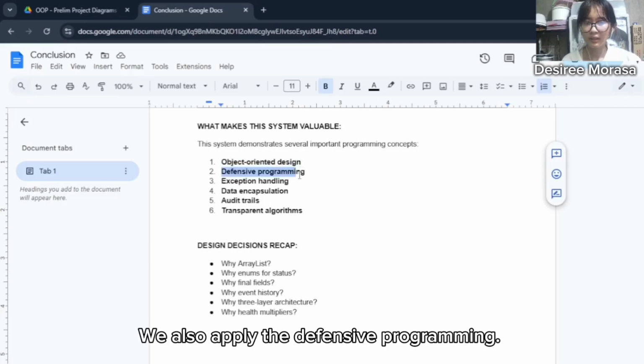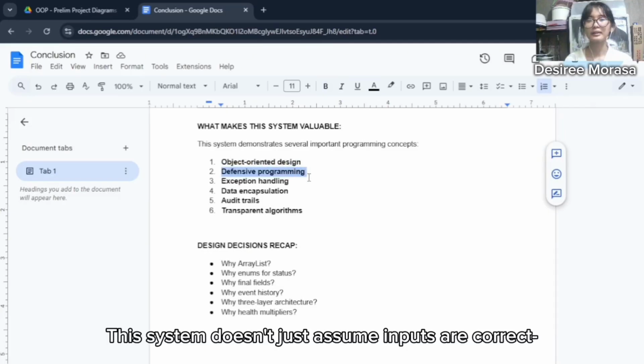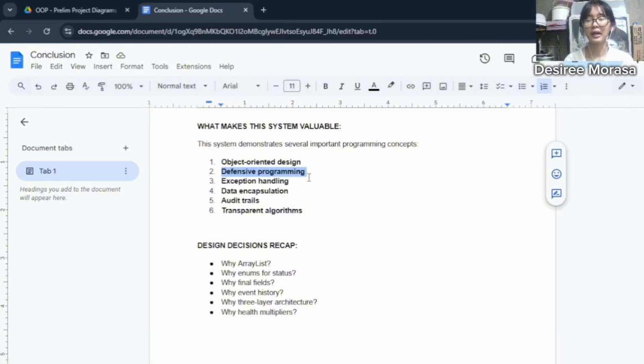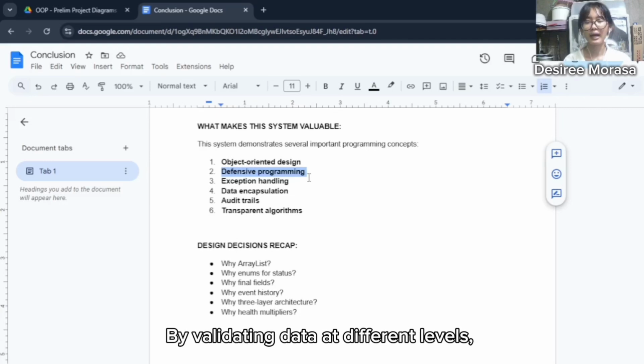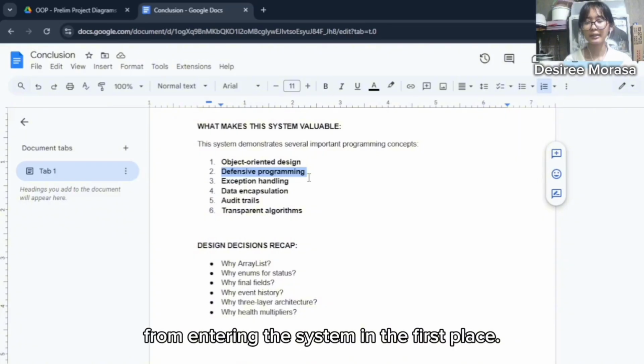We also apply defensive programming, and this system doesn't just assume inputs are correct, rather it checks them. And by validating the data at different levels, we prevent invalid or risky values from entering the system in the first place.